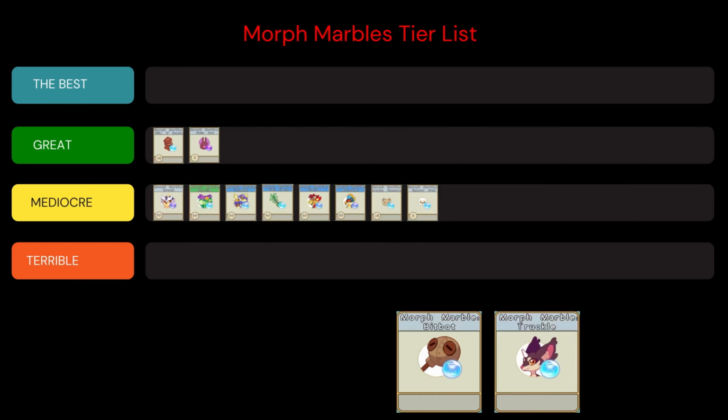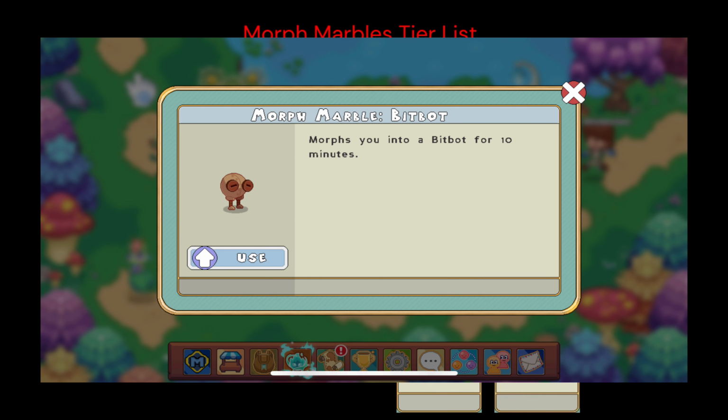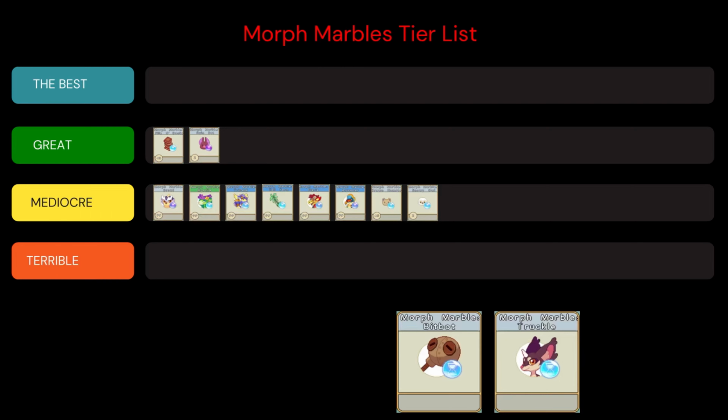Let's categorize the Morph Marble Bitbot and Morph Marble Truckle into the same category. They are both unobtainable, solely obtainable through Harmony Island, and now Harmony Island is gone, so both of them are not able to be gotten anymore. I like both of the pets, Bitbot and Truckle, so both of them are going to go in great alongside the Ruin Bat. Obviously, I believe Prodigy did a great job picking what was going to be their 3